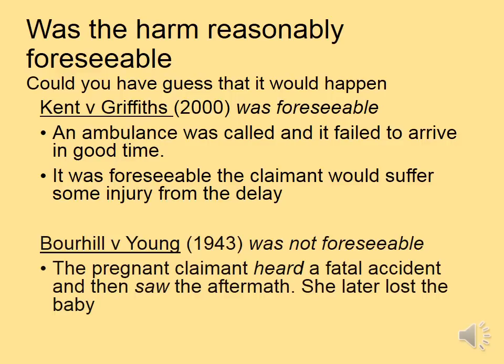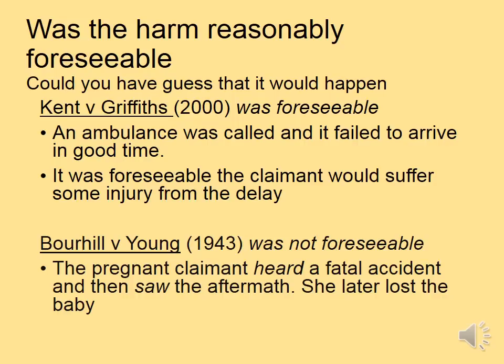So looking first at was the harm reasonably foreseeable, this is could you guess what would have happened? A good example of this I always give is the film Snakes on a Plane. Could you guess what was going to happen in Snakes on a Plane? Well, if you have not seen it, I'm going to give you some spoilers. There are some snakes and they get onto a plane and carnage ensues. It's like that. Can you guess what is going to happen or what sorts of things might happen? You don't have to be dead on, you don't have to say exactly well this happens 20 minutes in, but you need to understand the sorts of things that may happen.